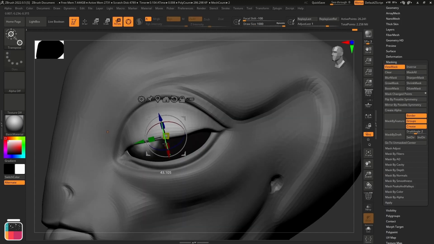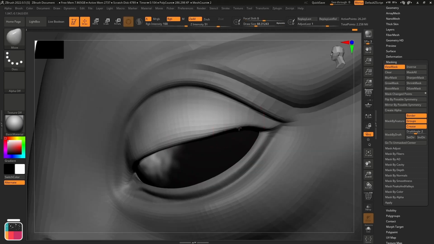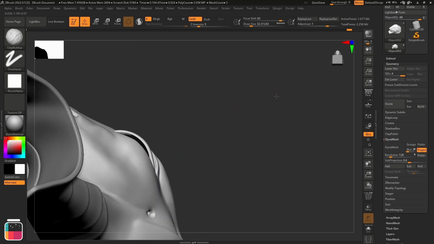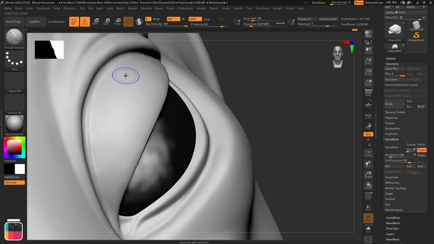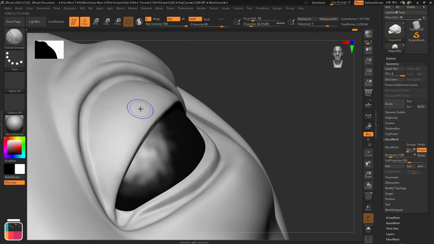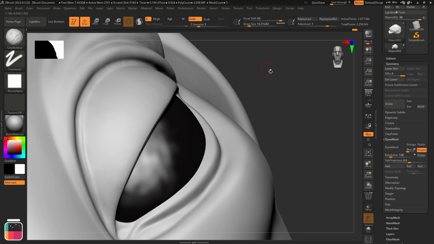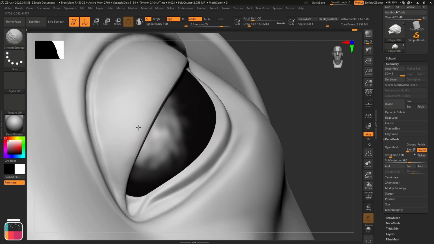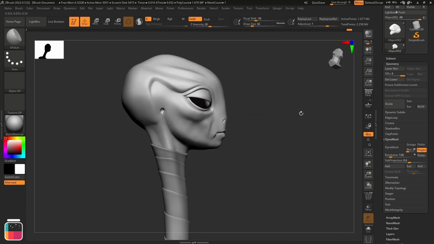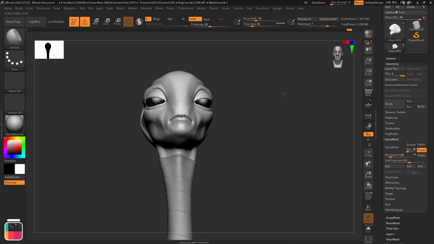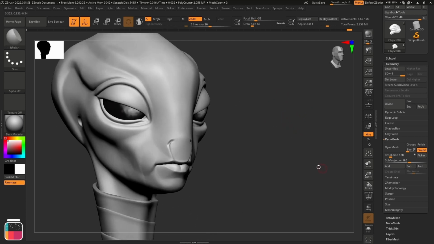Next, I positioned the upper eyelid midway and smoothed out any imperfections. This mesh will be our base for further work, so remember to save your progress.